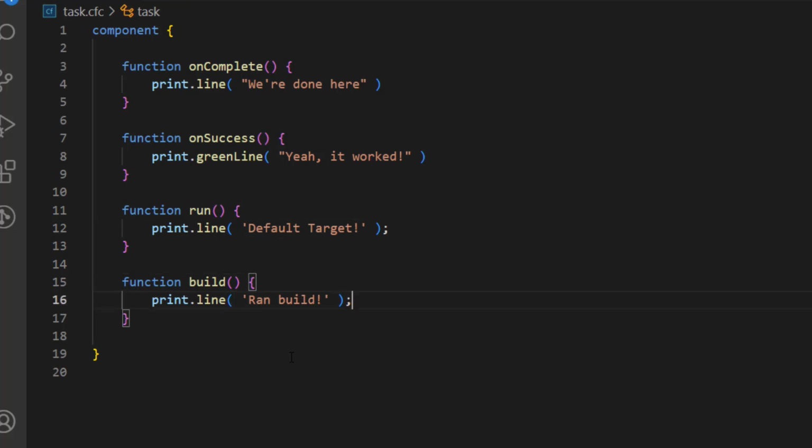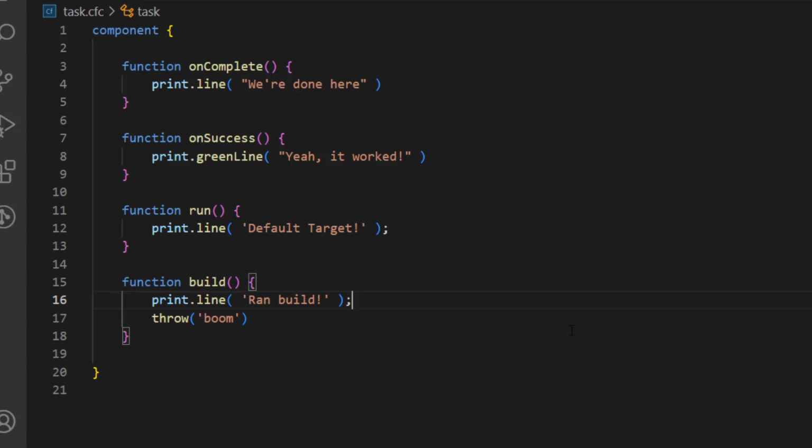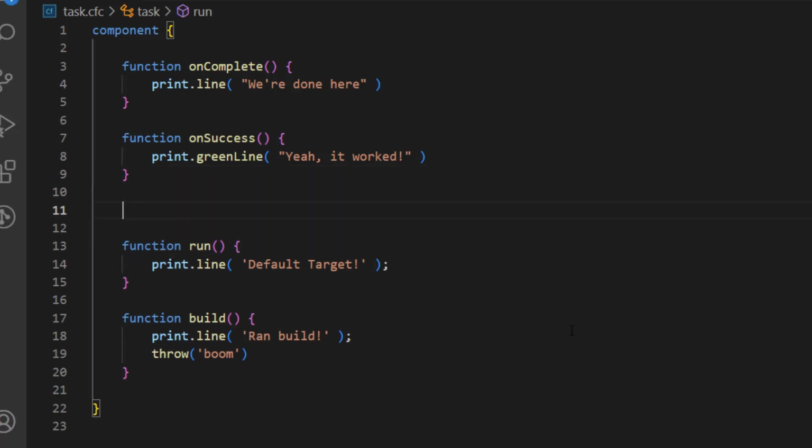So I'm going to change my build to actually fail via an error. So this will be failing and erroring. And so it doesn't really matter which one of these. Well, I'll use on error because that one is a little bit different in that it receives an exception object specifically, whereas on fail just gets the status code. So we will have, let me just copy and paste,